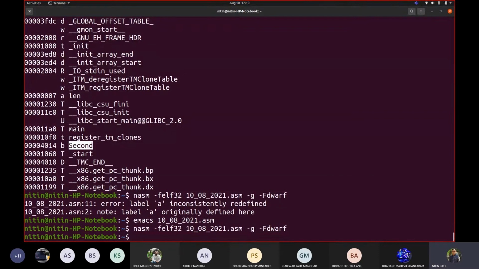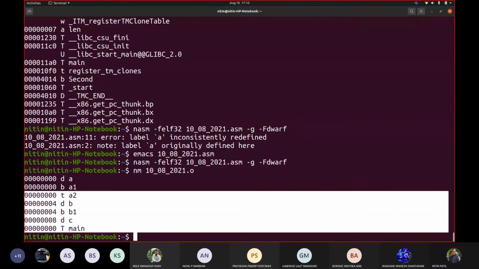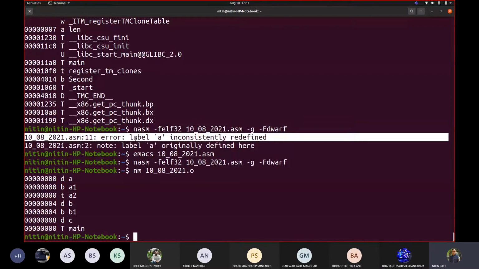Now, if I try to translate, then it got translated. So if I ultimately display my symbols of an object code, I can see this is displayed. That means, when it is displayed, it is collected somewhere. And that collection of all such labels, I am referring to them as labels because it is mentioned in front of us while we try translating the code to an object code.